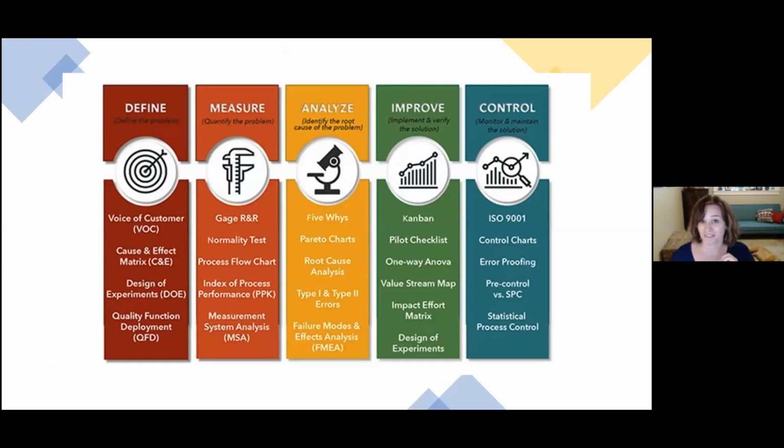So this visual just gives you a quick glance at the number of tools that have been created for the Six Sigma model. For each one of the steps in the process, underneath it, you'll see a list of the common tools that are used. In the definition phase, there's a tool around hearing the voice of the consumer, the customer, a matrix for cause and effect, all kinds of checklists and charts. And in the end, I think a lot of it is common sense, but there's a whole industry behind Six Sigma, and hence a whole bunch of tools that are available for purchase.